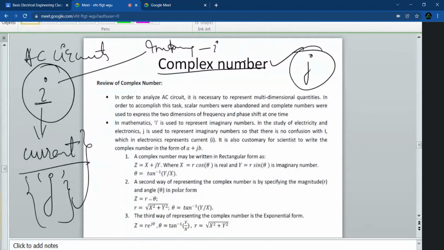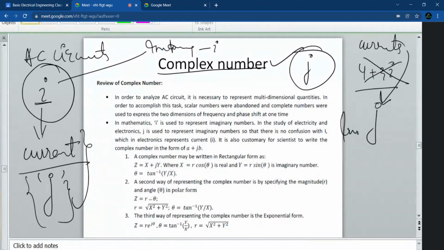सबको ये बात क्लियर हो गई? जैसे हम लिखते थे ना 4 + 3 आयोटा, ऐसा कुछ लिखते थे ना? Here we will write j, because i we mostly use in case of electrical circuits for currents. So this nomenclature gets a bit changed, and the imaginary number will now be denoted by j. इतना आपको क्लियर हो गया? Yes, ma'am.